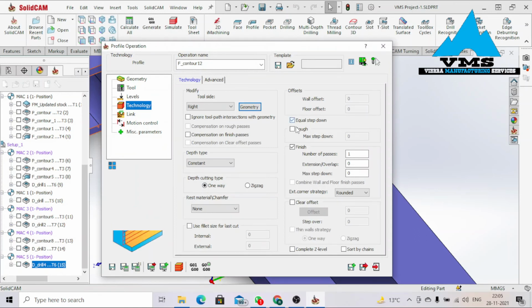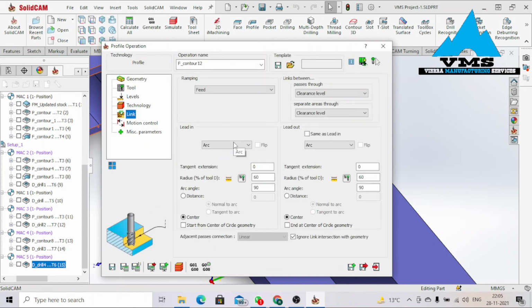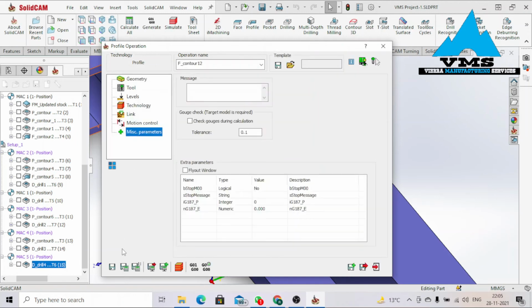One thing more, step down, roughing 0.01. Okay, extension should stay 0. Remember, we always put an extension of 10, but right now we do not need it to make a proper pass, so we are going to use an extension of 0 and then a step down of 0.04. Okay, link, since this is a profile, we use normal 0.01, same as lead out. Okay, all fine. Save, calculate,